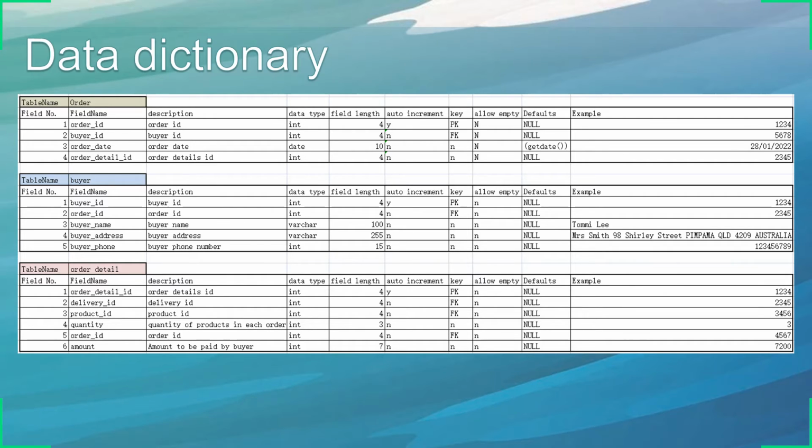The field length is 100. Empty is not allowed. The example of this order is Tommy Lee. The data type of buyer address is varchar. The field length is 255. Empty is not allowed. The example of this order is Mrs. Smith, 98 Shelley Street, Plymouth Palmer, QLD